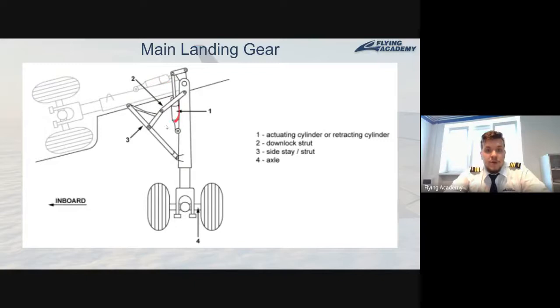What else do we have here? Here we also have the element which is number 2, and that will be the down lock strut. The down lock strut may have a different shape, it may have a different type of construction, but all of them work on the over-central principle. What is technically the over-central principle, and why is this element so important for us? Because technically this element will prevent retraction of the landing gear if it is standing on the ground, even if our retraction system activates. So how does this technically work?